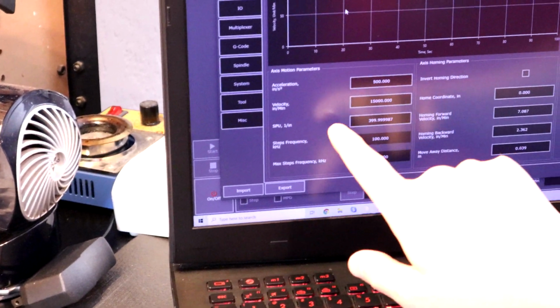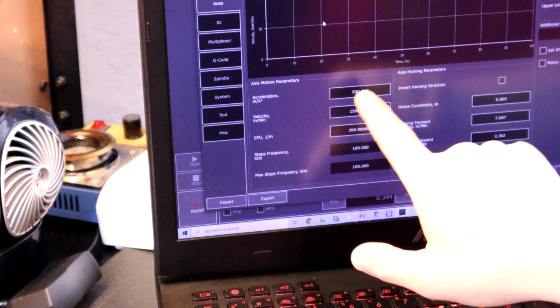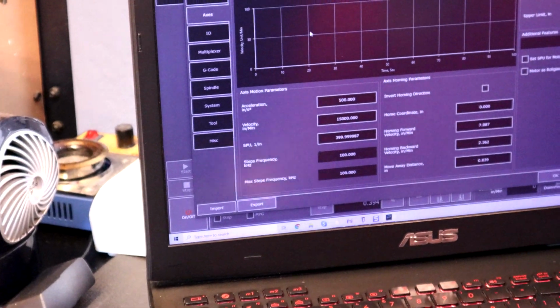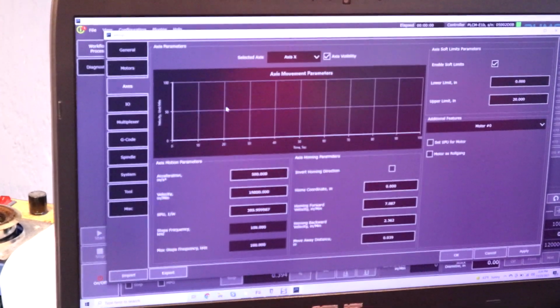to actually achieve. You can see our steps per unit actually adjusted by a few decimals, but we're running a velocity at 15,000 inches a minute. Now that's fictitious. His acceleration is still set at 500. Either way, we just increased our speed by 15%. Okay? But,